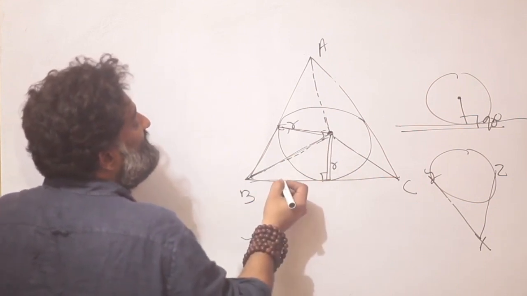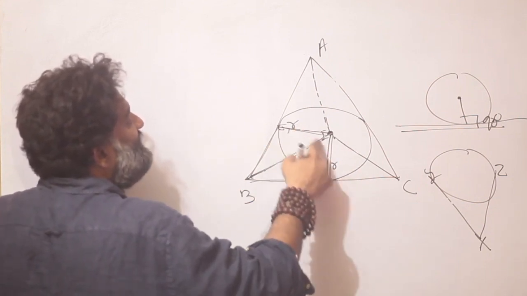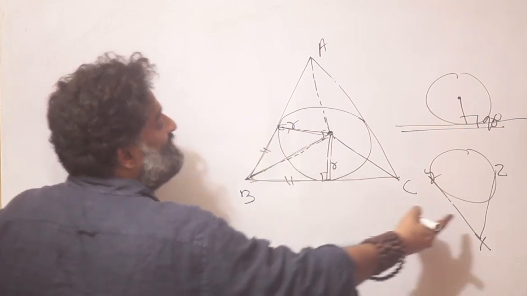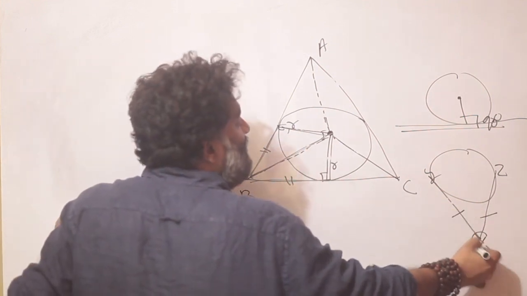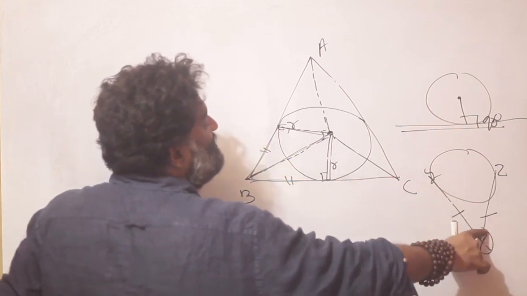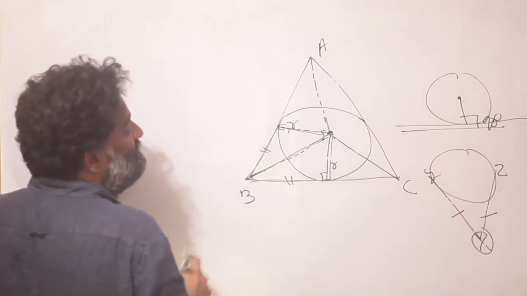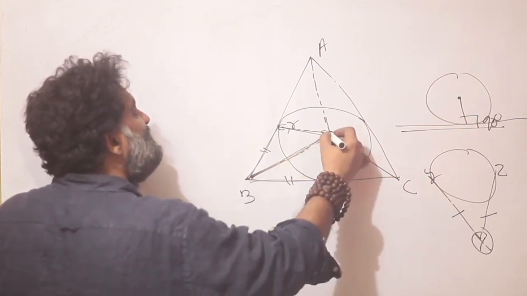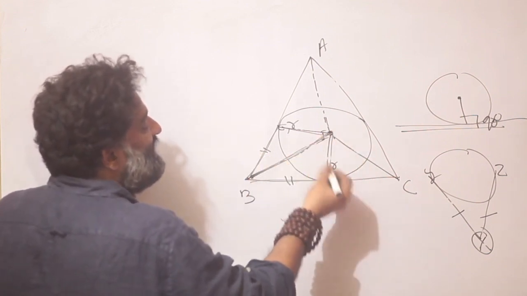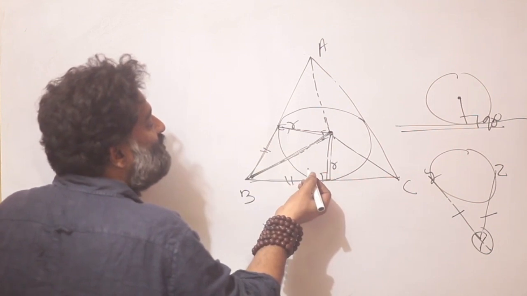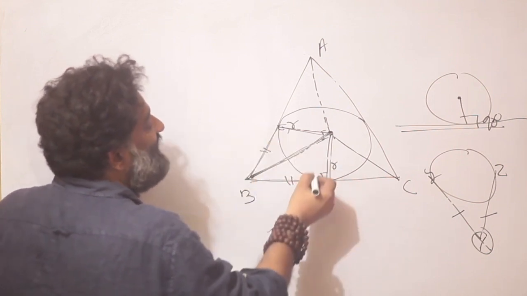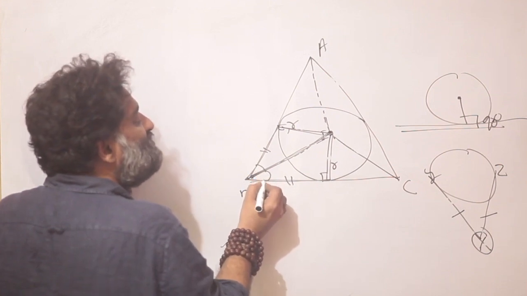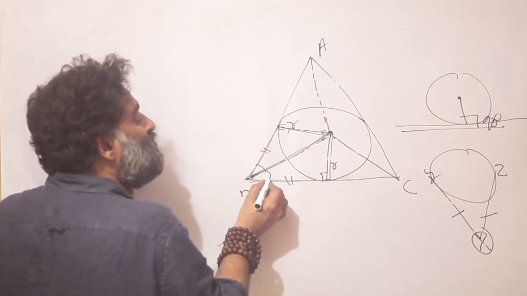If I think of these two triangles, these two sides are equal to each other. These two sides are also equal to each other, as we just saw, tangents dropped from an external point are equal. So these two tangents are equal, and this is obviously the common side. So you have SSS, and now you can use congruence. That means all the sides and all the angles are equal to each other. This angle corresponds to this angle, so they are also equal.